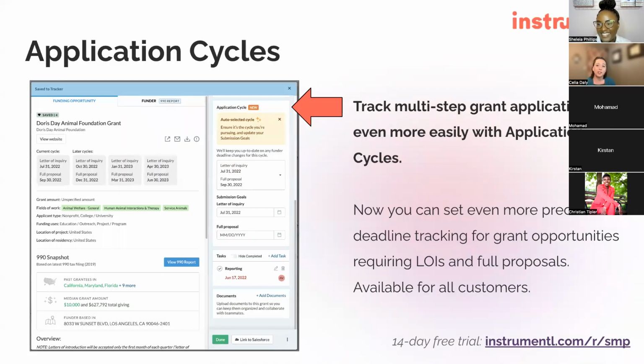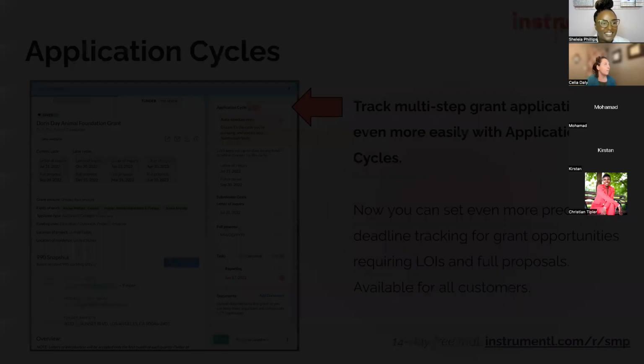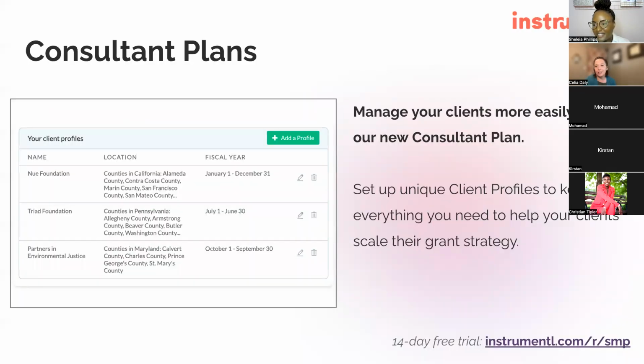We also have application cycles so that you don't miss a deadline, whether that's an LOI or a proposal. That stuff is pulled apart, but still kept together so that you can accurately stay on top of that. And then finally, if anybody out there is a consultant working with multiple different projects, which is how Sheleia uses the platform,